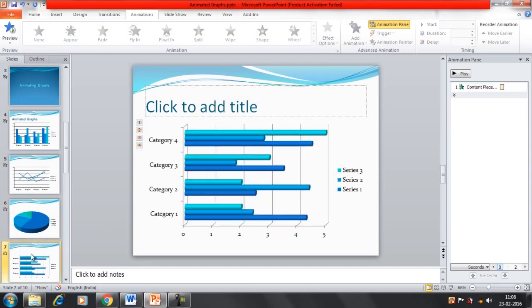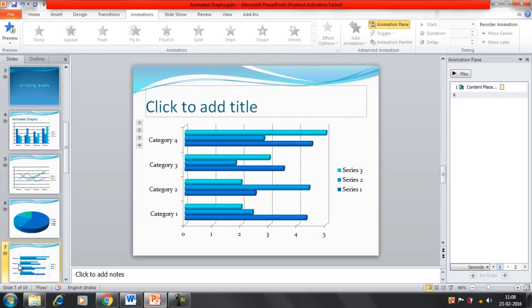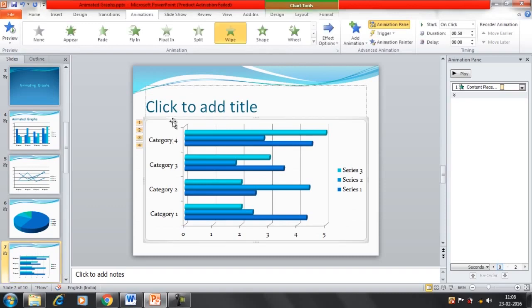Now for the next one, the bar graph, this is just similar to the chart option, the bar and the other one, this option we have. Animating these kinds of graphs is similar. You need to select the graph and after that apply the wipe animation.